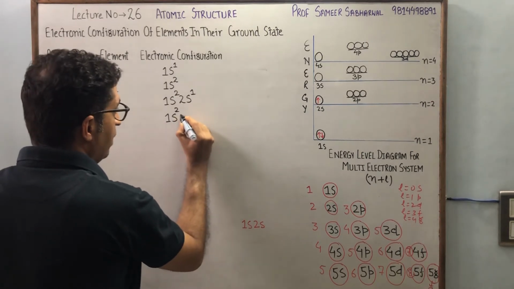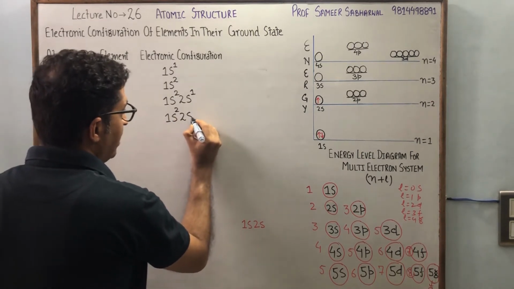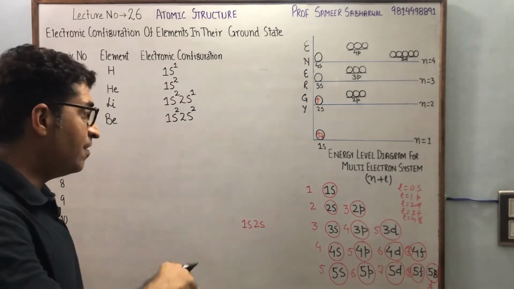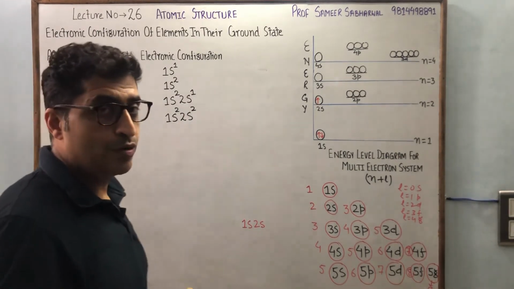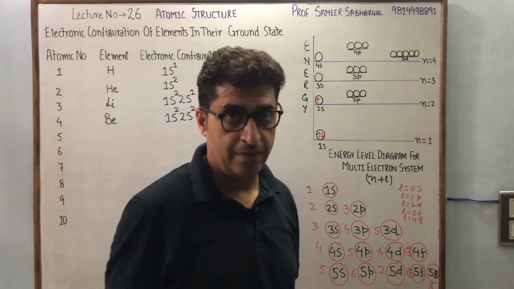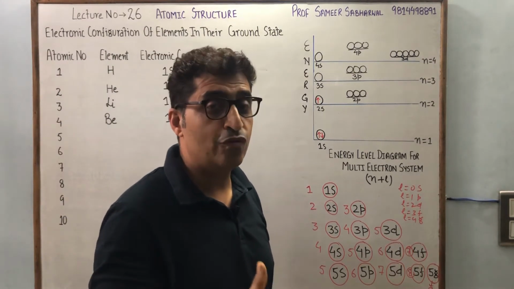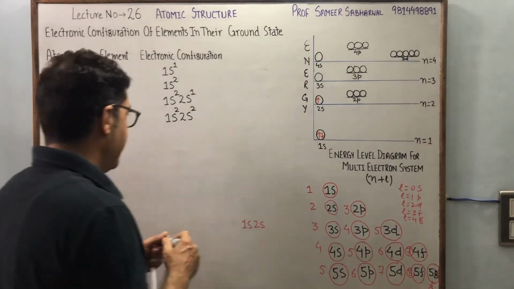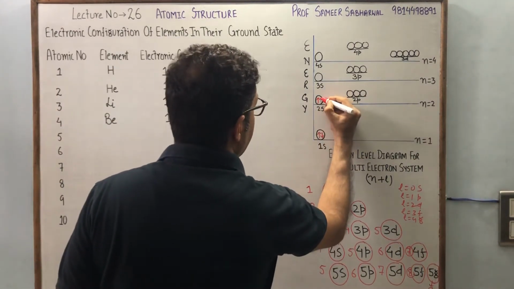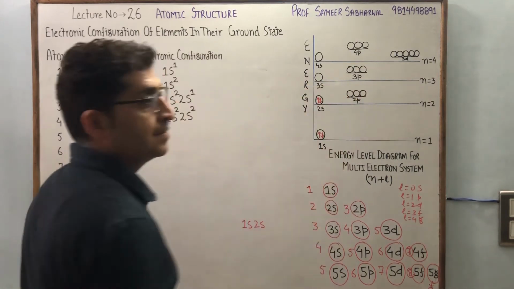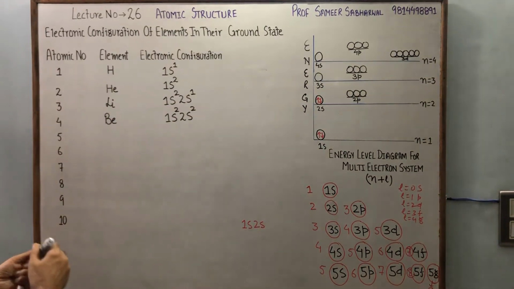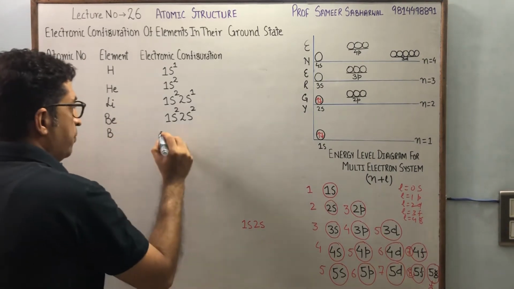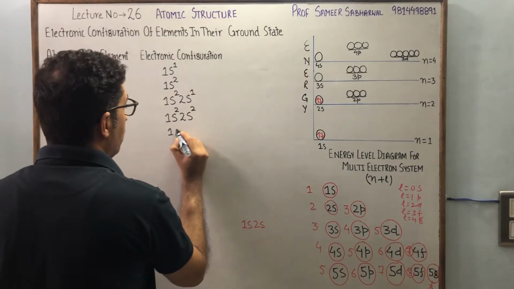You have to fill the orbital whose energy is lower. This is Aufbau's principle. After filling it, because an orbital can accommodate 2 electrons, once 2s is completely filled, definitely the next electron moves to the 2p subshell. So I can mention this to be 2s2. Now for atomic number 5, boron, we can write it to be 1s2,